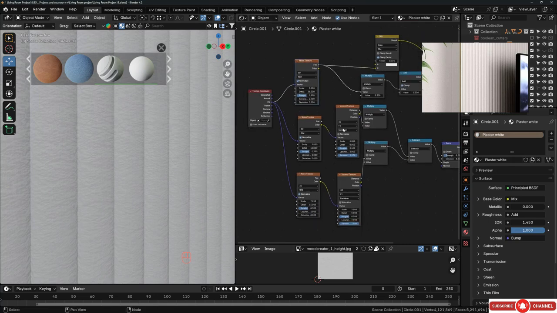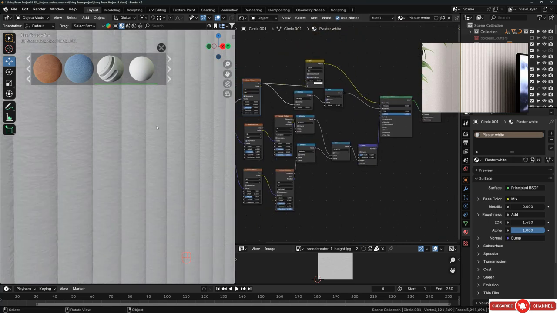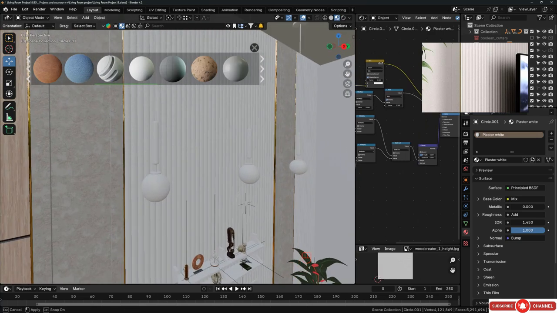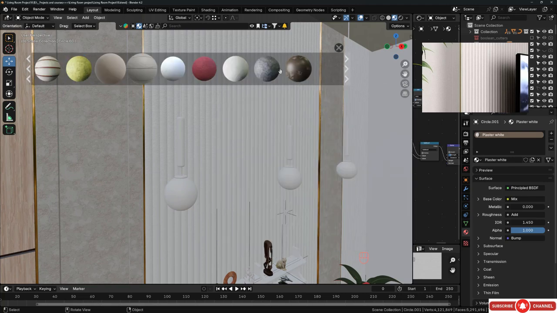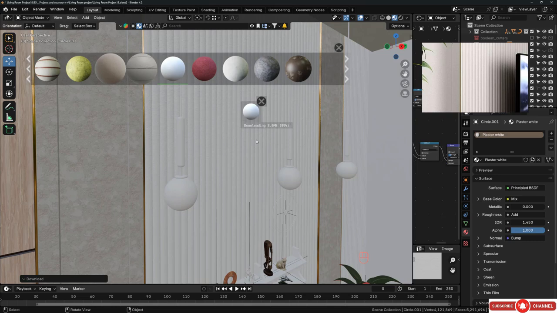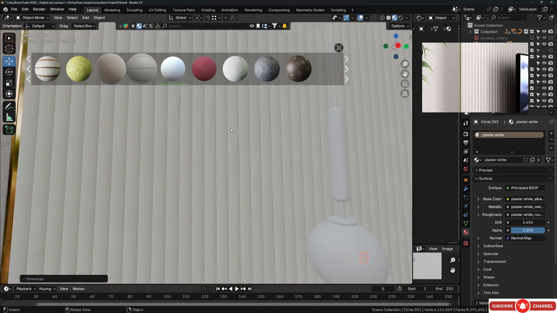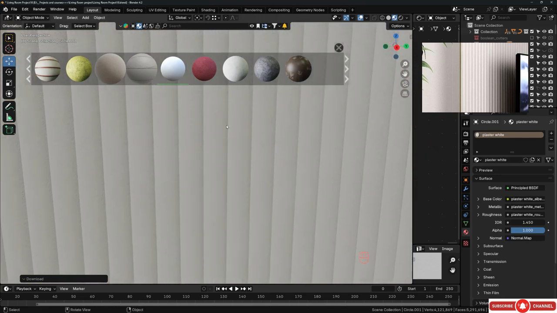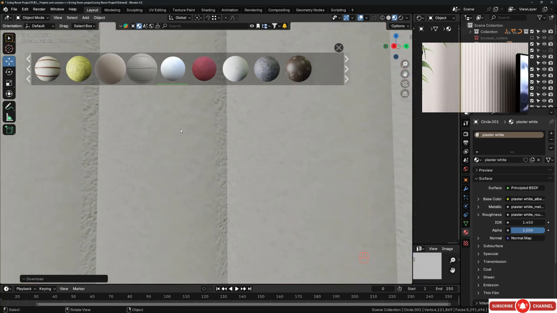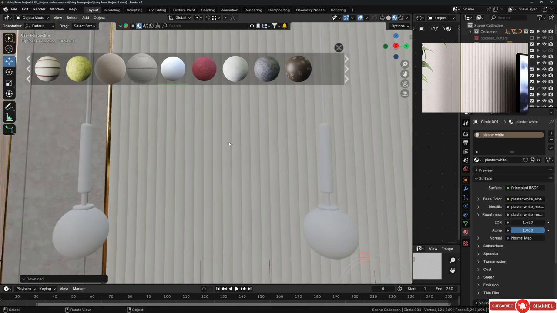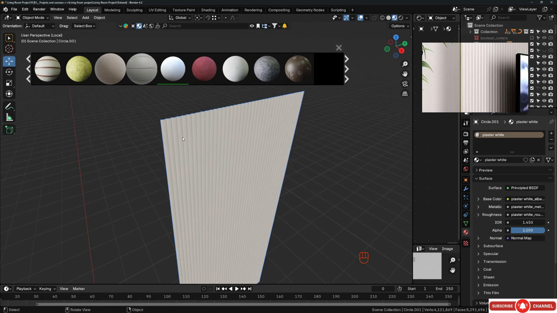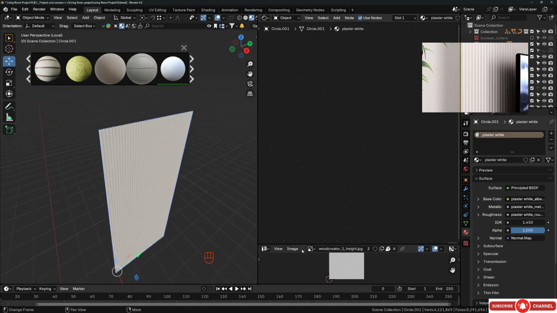As you can see, here we have a lot of noise textures. That's why it's a little bit heavy. All right, let's try to find another one. Maybe this one. Click and drag. Yeah, this one looks fast. Cool, I like it. And I will select this piece and go to the local mode because I think it's